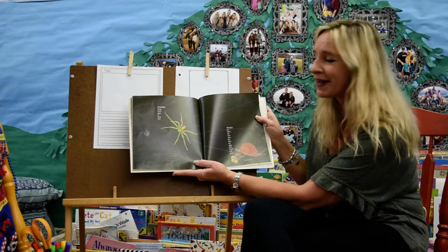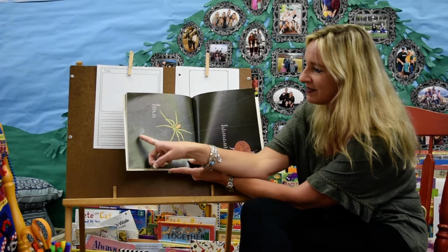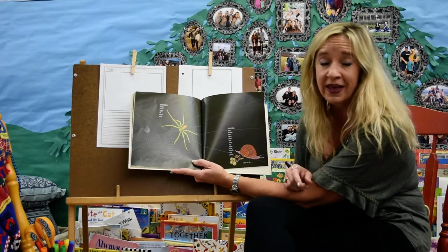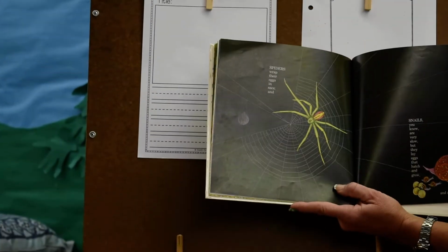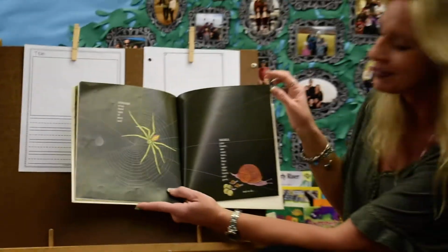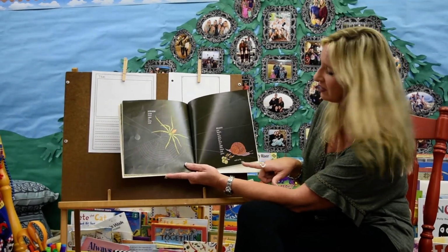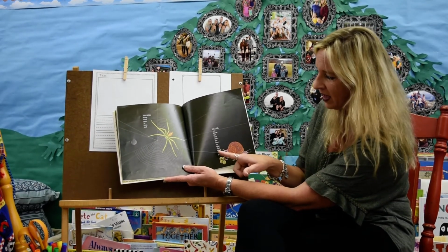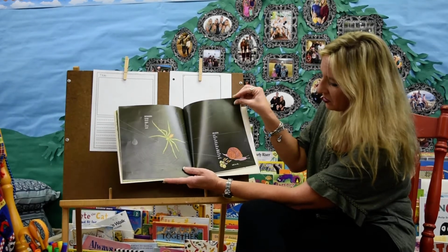And we know these guys. Spiders wrap their eggs in sacks. Remember the egg sack? And if you remember, they lay about 1,000 eggs in one of those egg sacs. And if you remember, when they hatch, the little spiderling babies eat each other. And then some get to make it out. And snails. And we're going to be learning about snails and checking them out. Snails, you know, are very slow, but they lay eggs that hatch and grow. And so do